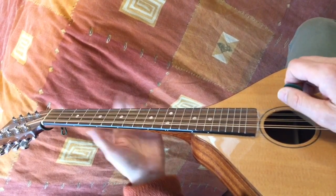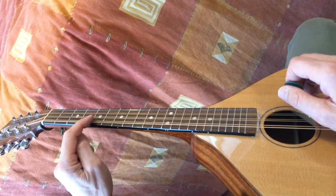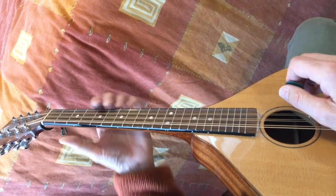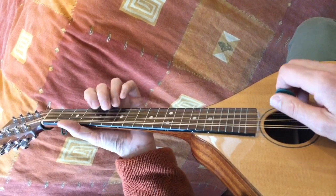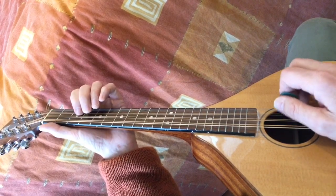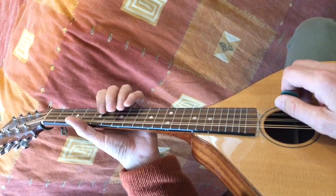Now, you see what's happening there is I'm using exactly the same patterns, the 1 and the 3 above and below, 1 and the 5 above and below, but I'm using them on the 1, on the 5, and then on the 4, meaning the C, this is a C, and this is a D. I'm using those patterns on the major